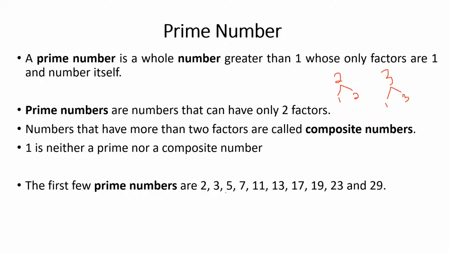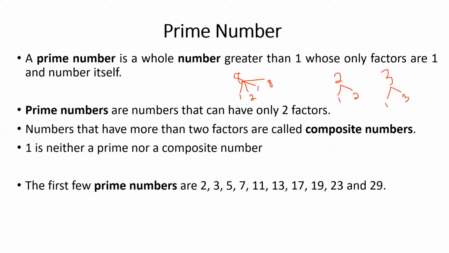And if I take another number, suppose 8, what are the factors of 8? Without even checking, we can tell it has 2 factors for sure, that is 1 and 8. And in between, what are the other numbers which can completely divide 8? 8 can be completely divided by 2, right? 8 divided by 2, remainder will be 0. So 2 is a factor of 8. And we know that 3 cannot divide it completely; the remainder will not be 0.